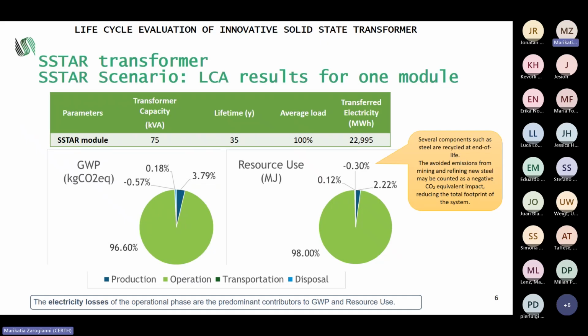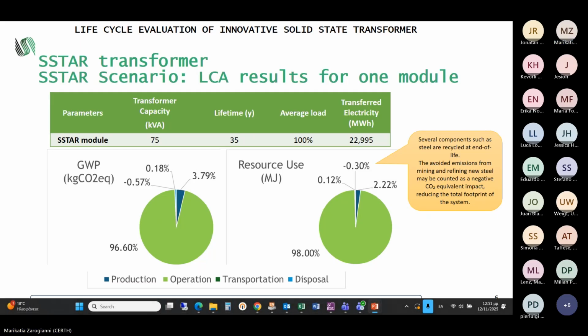The total electricity transferred by one module over the 35-year lifetime is calculated, assuming a constant 100% average load and transformer capacity of 75 kilovolt ampere. Taking into account these parameters, we can see the contribution of each phase to the total environmental impact. As you can see here in the first graph,